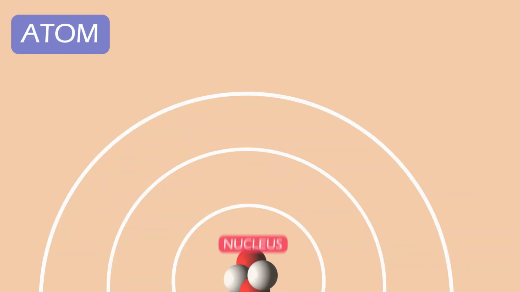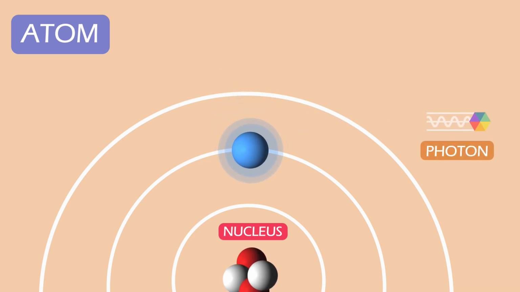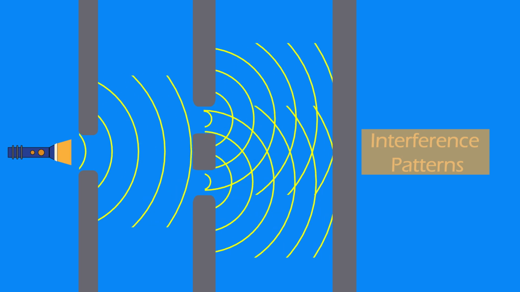Light is created when an electron in an excited state drops down to a lower energy state and loses energy. This energy is released as photons, which we perceive to be light. In the 19th century, scientists observed that light makes interference patterns, the type of patterns that you see when you drop two objects next to each other in a pond. Since only waves make interference patterns, scientists assumed that light was made up of waves.